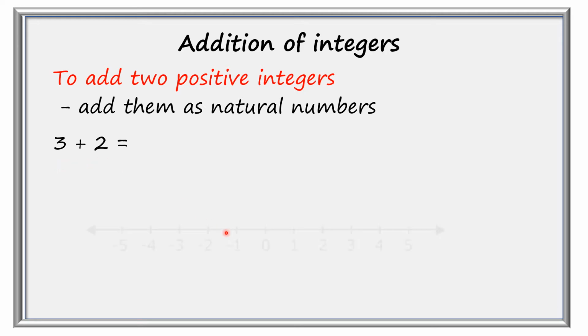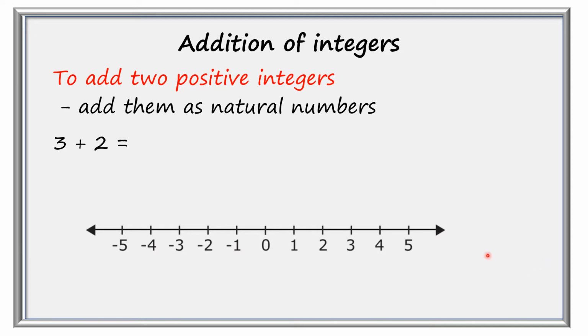Let us understand this on a number line. Here is a number line. So if we need to add 3 and 2, what will we do? At first, for 3, we go from 0 to 3, and we need to add 2 to this 3. 3 is a positive integer, 2 is a positive integer. It means we will go towards the right side on the number line. So just add 2 more. It is 5. It means your answer will be 5.